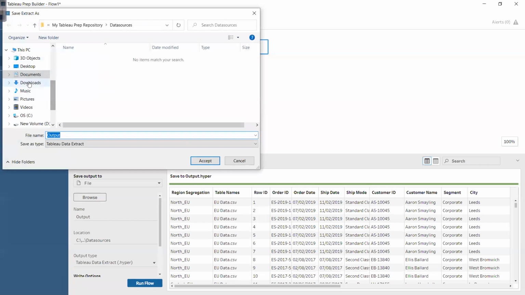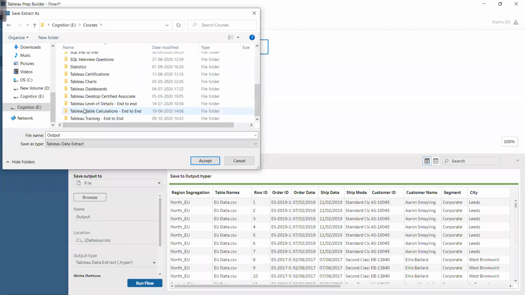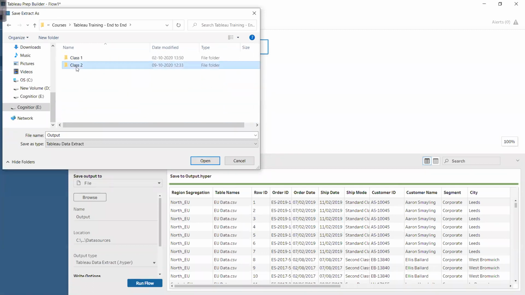Maybe let me browse and put it in the same folder. And I'll go with the CSV because I will open it up and I'll show you. So I'll go ahead and let's give this as union data. And I'll go with the CSV file.